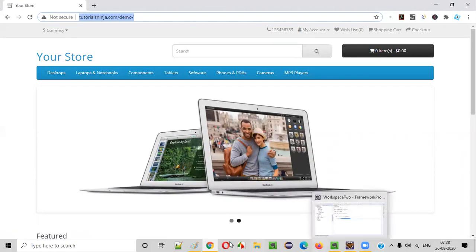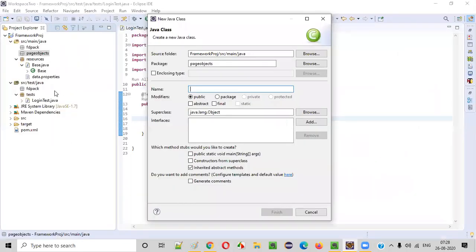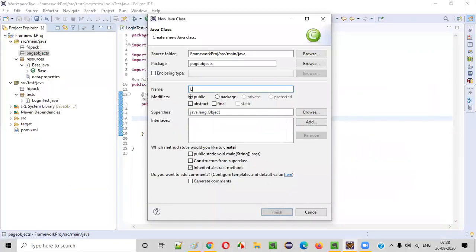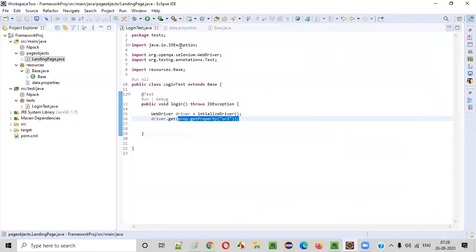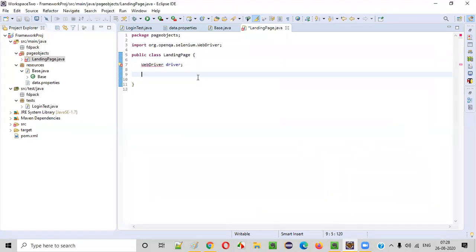You already know, I'm not going to explain the page object model and page factory, guys. What I am doing now is related to the page object model and page factory. You already know that. I'm not going to repeat that. Simply going to create a class for this. Which page? Landing page. So I'll say LandingPage. That's it. Click on Finish. Inside this LandingPage, I will say WebDriver. All this code I already explained, guys. I'm not going to explain this code for the page objects again. You should understand this by default.